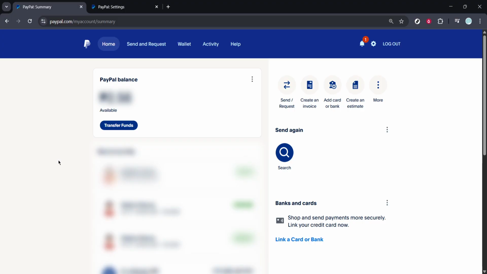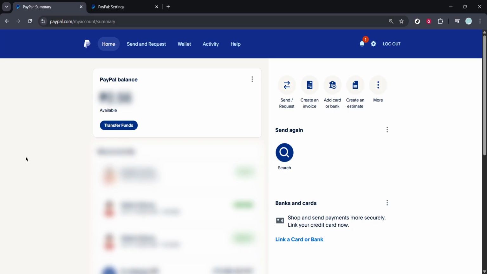It's important to remember that PayPal often requires at least one verified phone number for security purposes, especially for features like two-factor authentication or account recovery. Therefore, if you currently only have one number listed on your account, you might first need to add a new one before you can successfully remove the old one. We'll guide you through the exact steps to navigate your PayPal settings and remove any unwanted phone numbers from your